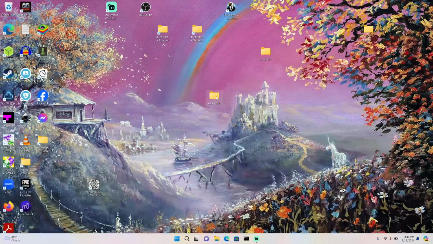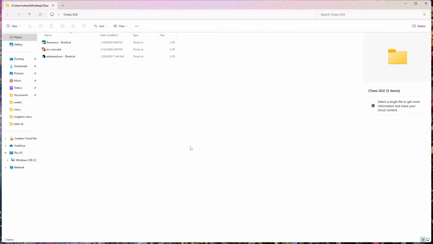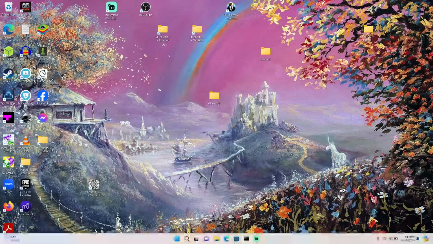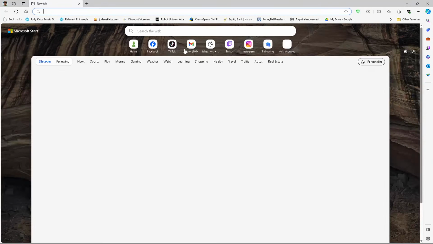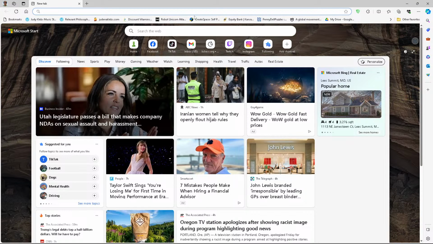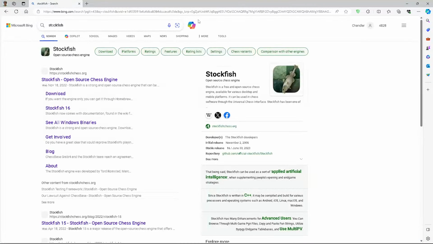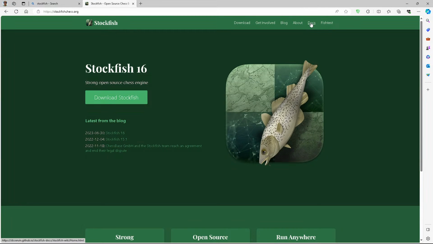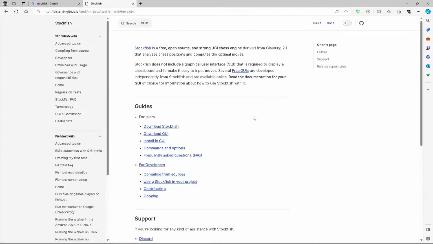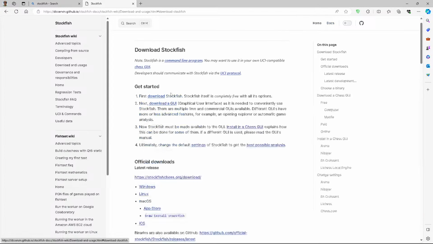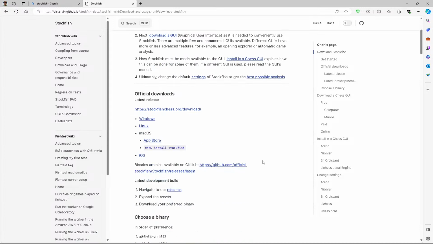So basically, I have 2 of my own Tetris games I use for perfect Tetris play. Then I have 3 chess GUIs. And one more thing I should show before I end the stream, though, is I should show you the official website for Stockfish. Now, this is interesting here. So if you go to Stockfish, if you go to the docs, there are instructions because it has the instructions for you to download. It's a command line program. You can download it directly, but then it has